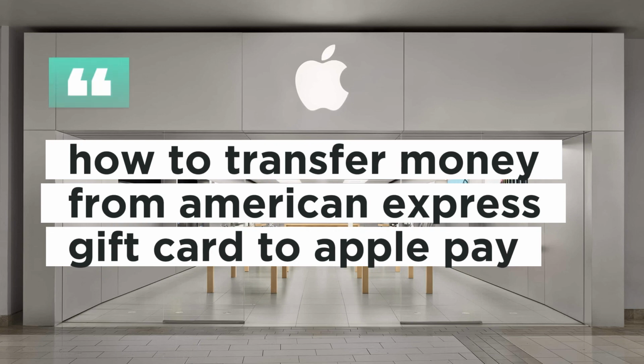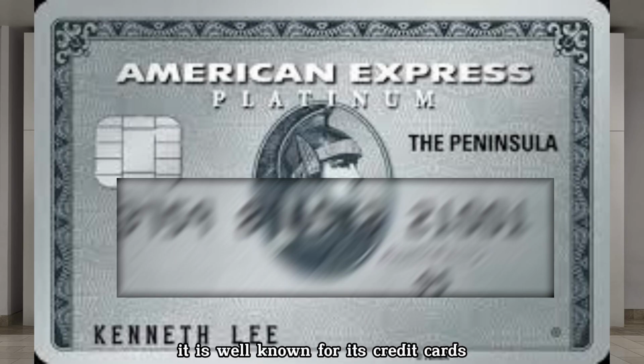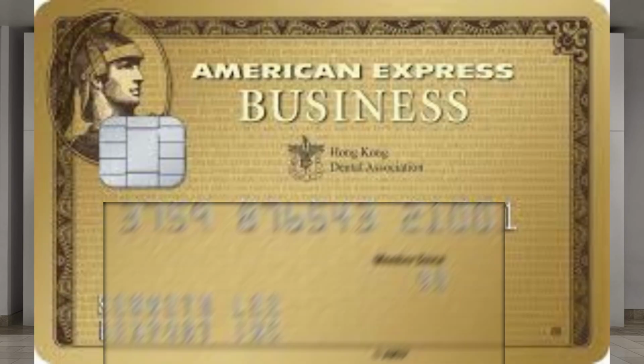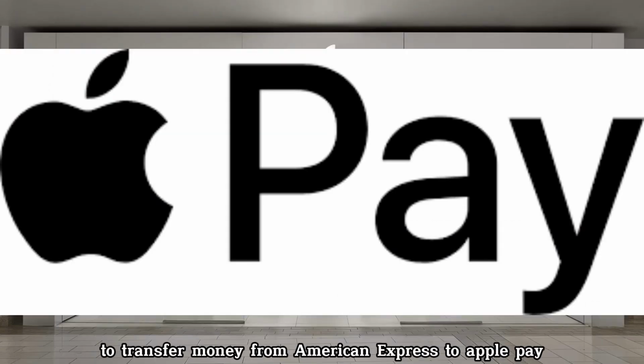How to transfer money from American Express gift card to Apple Pay. American Express is a multinational financial services corporation. It is well known for its credit cards, charge cards, and travel-related services. To transfer money from American Express to Apple Pay, first...